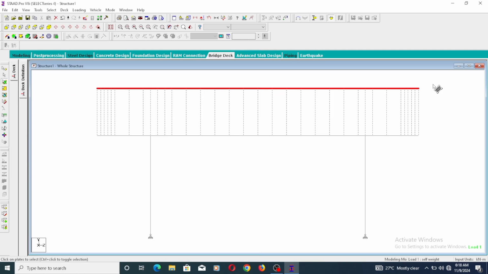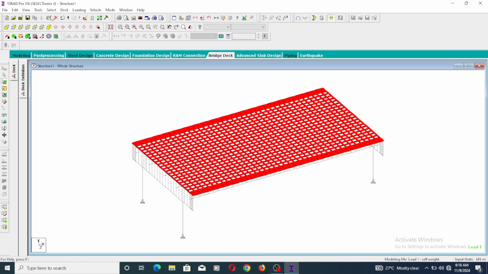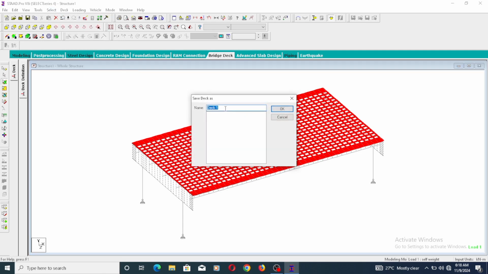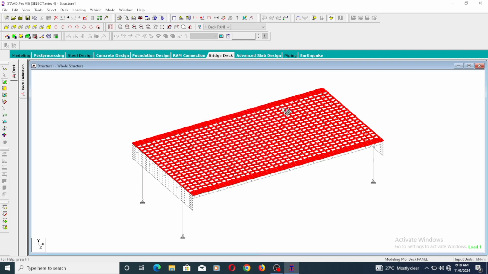All right, so I'm going to define my deck plate. So I'll align to the deck. By defining the deck plate, I'm instructing STAAD to identify the plates as a deck. So I'm going to define my roadway. I'm going to define my carriageway. So first of all, highlighting the plates. So I'm going to go to